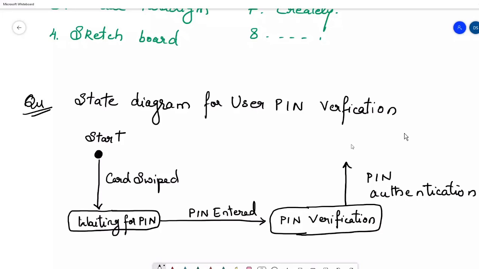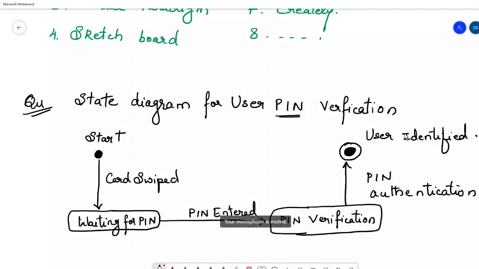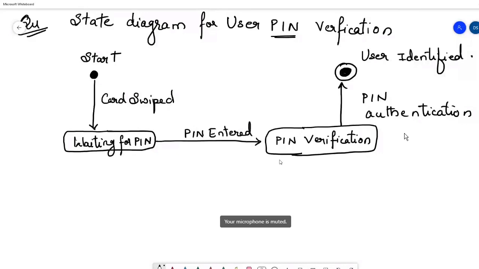So this is the final answer, because we are just talking about the pin verification process. That means the user is identified. Now there is one more possibility: if the pin entered is not correct. If the pin is entered and pin verification is going on, and the pin is rejected, so here we can